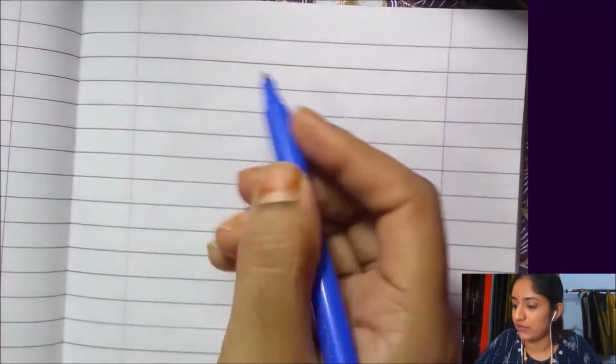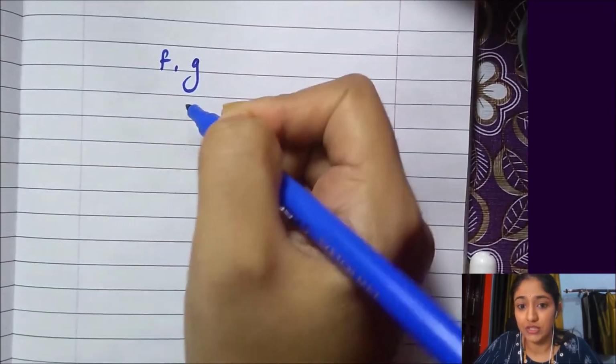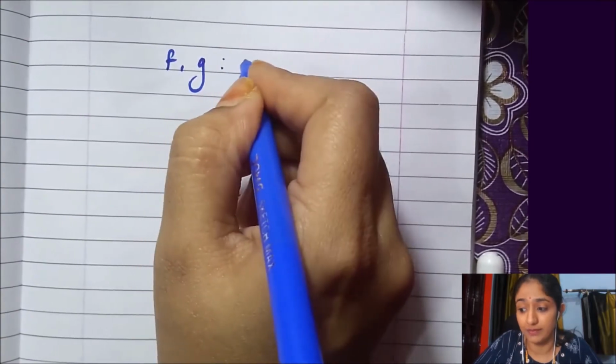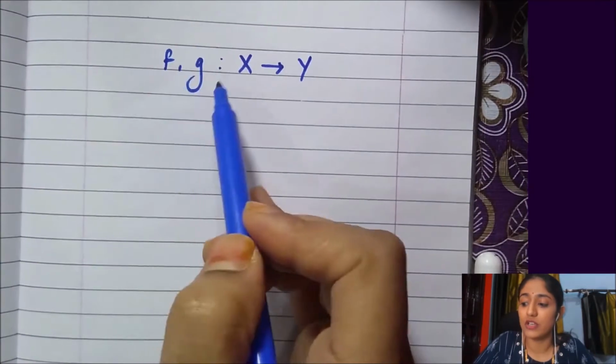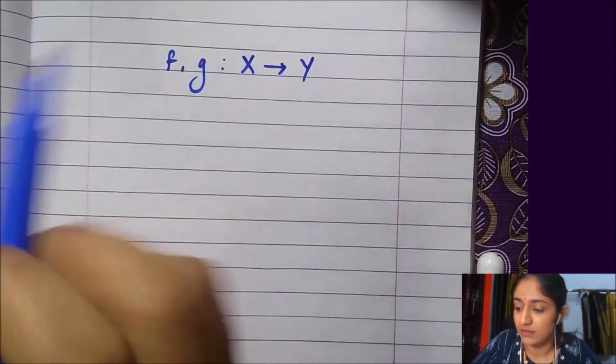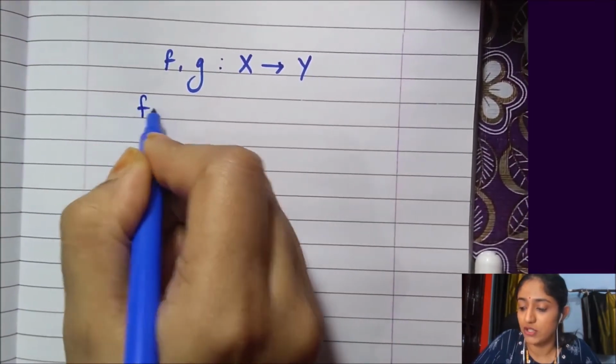As explained before, we are going to see a few operations on functions as well. Just like numbers, we can add numbers, we can multiply numbers, so we should be able to do that with functions also. If f and g are two different functions, but they have the same domain and same codomain, so f and g both are functions from X to Y, then we can define f plus g.